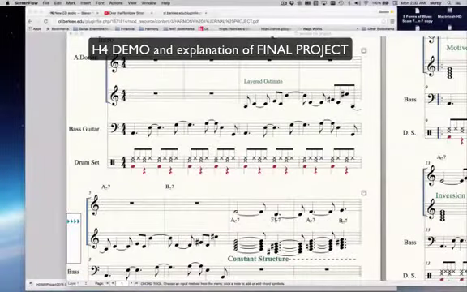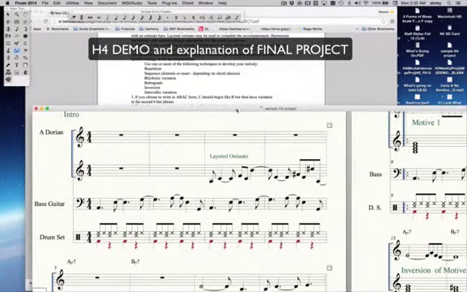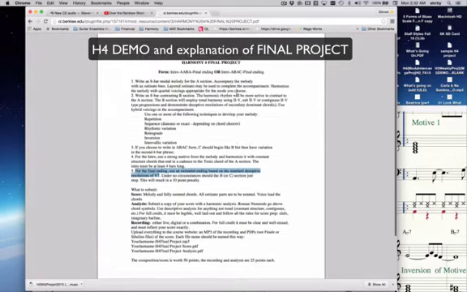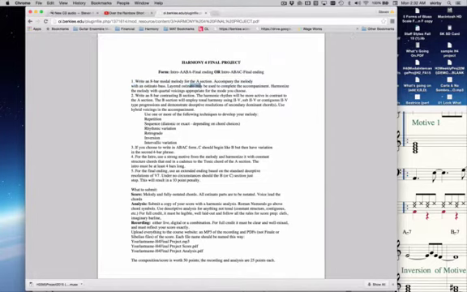Hi there, this is a video to just go over the basics of the project. So, the final project. We need an AABA or ABAC structure. We need an 8-bar modal melody with an ostinato in the bass. You can have a layered ostinato too. We're going to use chordal voicings